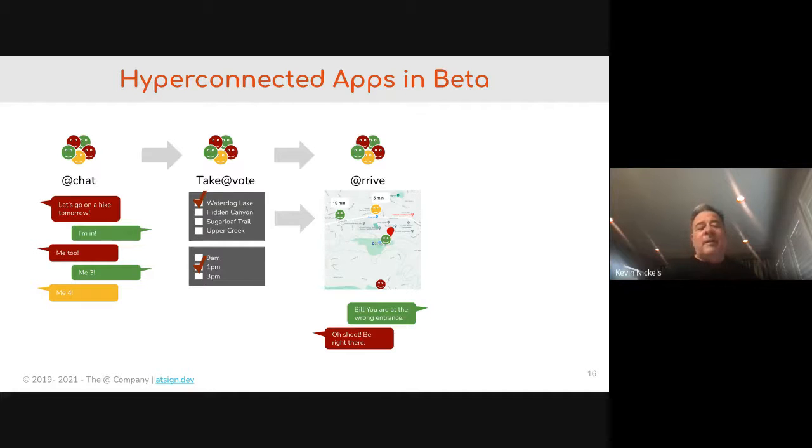We haven't put that out in the stores yet, but there is a developer working on a professional version of that that they own. Then there's Take a Vote, which allows you to ask questions of your friends. Where do you want to go for a hike? What day? What time? And do these real simple polls. And then Arrive allows you to share locations with each other that's unsurveillable. So nobody can see what information you're sharing on location.